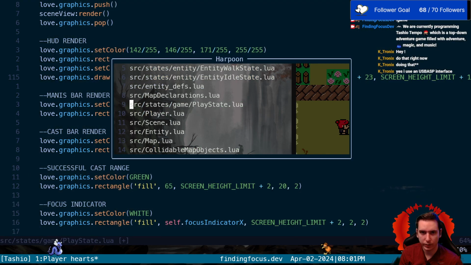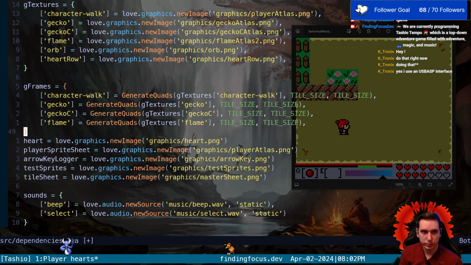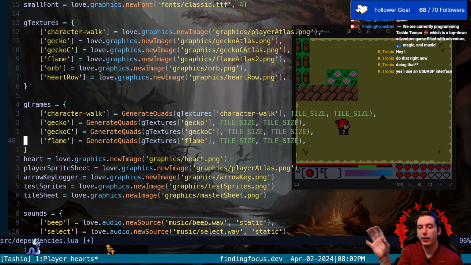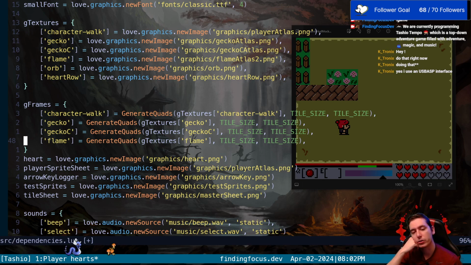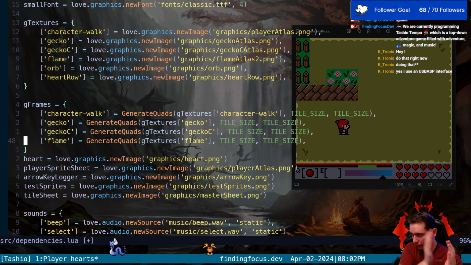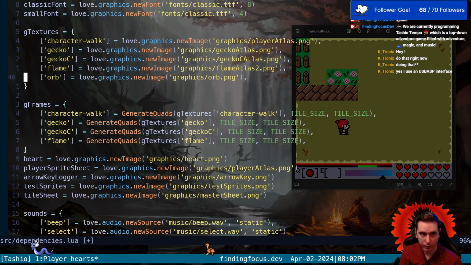But instead of going this route, I'm going to go back. All this generate quads function does is give us an equal amount of tiles, of quads, for our texture. And we don't want equal sprites. We want a sprite to be starting one size and then getting smaller and smaller and smaller. So we don't want to really do this. I think what we want to do